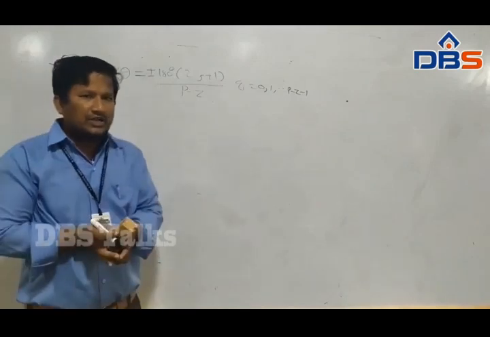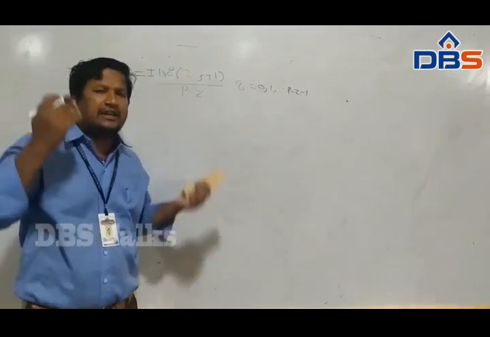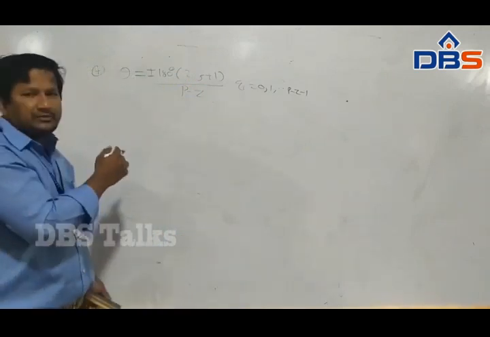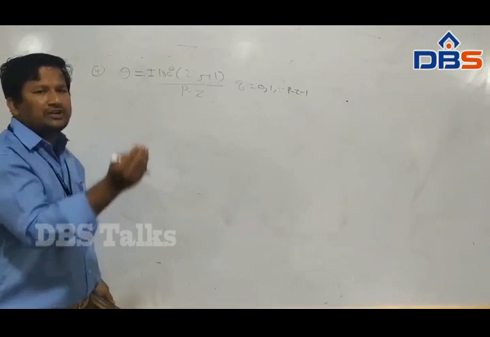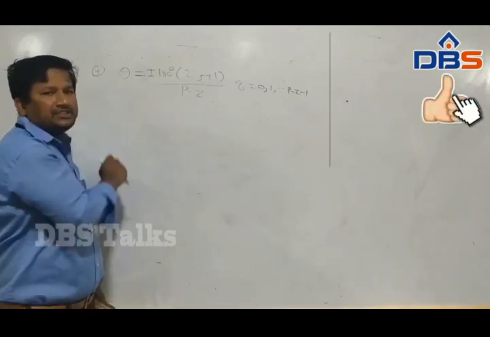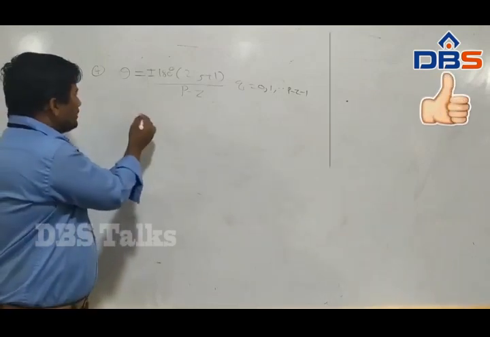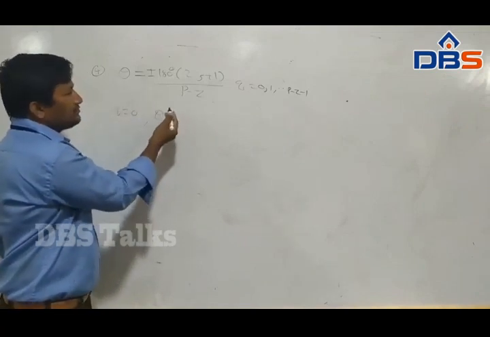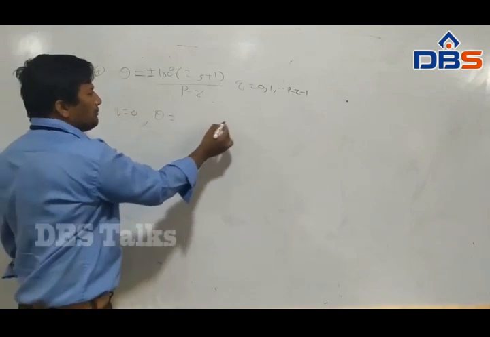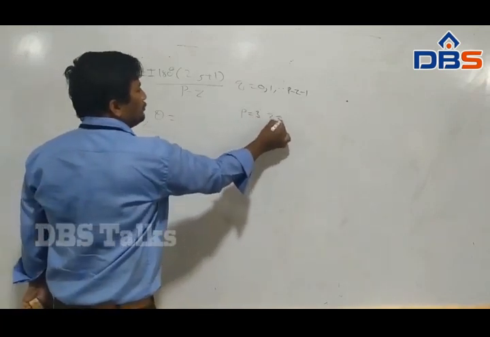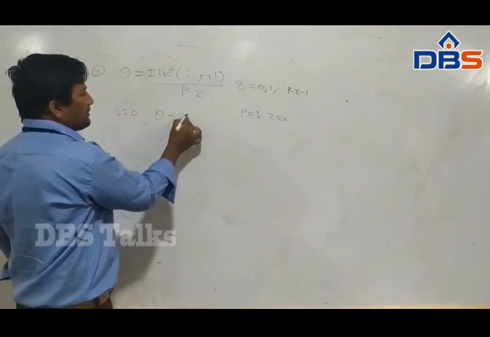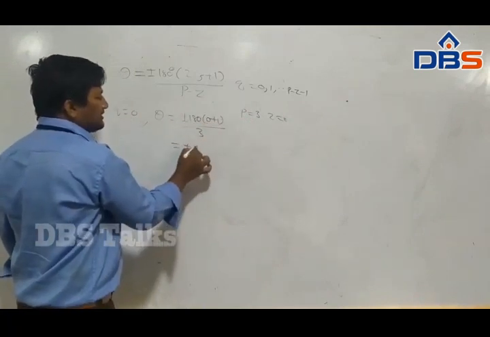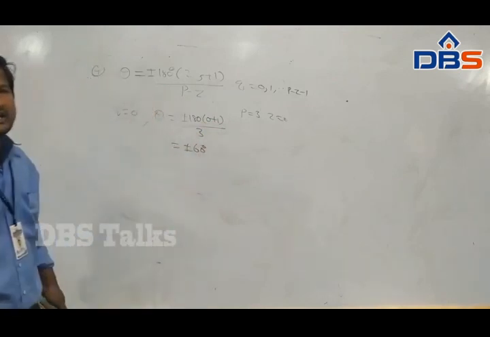The definition of asymptote is the angle which comes out of the real axis. It is called the angle of asymptotes. Suppose q is equal to 0, p equal to 3, z equal to 0. Now the angle of asymptote is plus or minus 180 degrees into (0 plus 1) divided by 3, that is equal to plus or minus 60 degrees. Like this you have to calculate it.